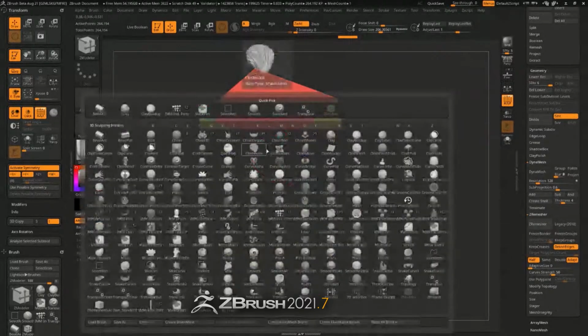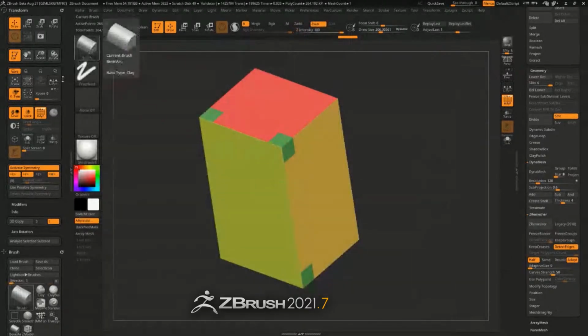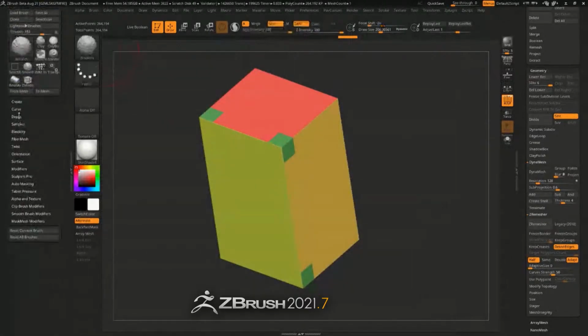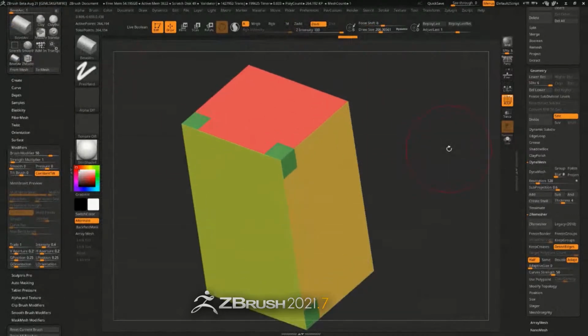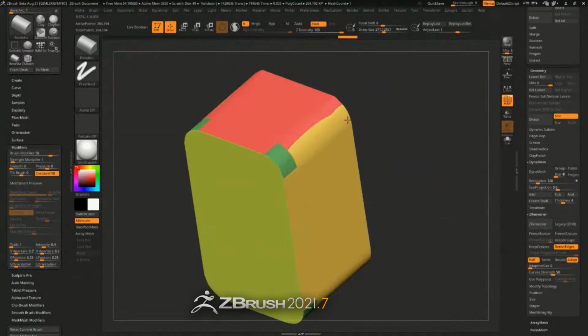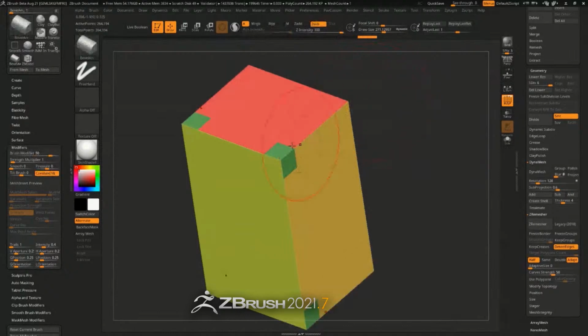So BBA, BevelArc. And then down here under our brush modifiers, you can see I have a brush modifier that's set to 50. So not only is it going across here and then beveling back and forth, and picking and choosing your first and start points,